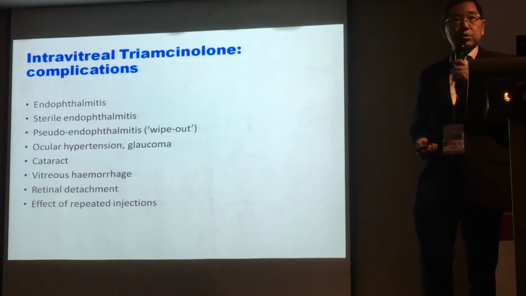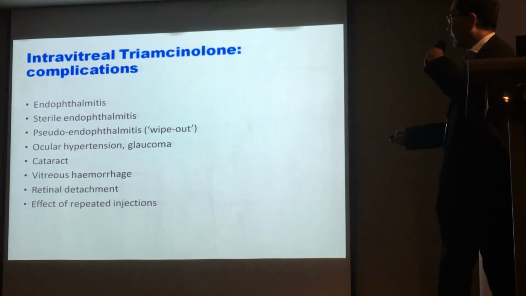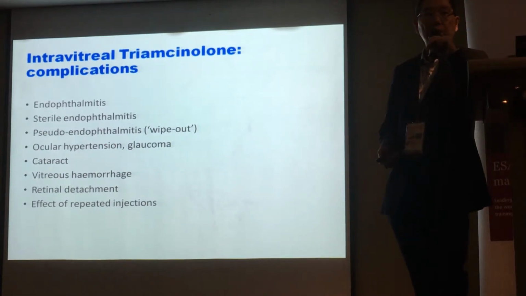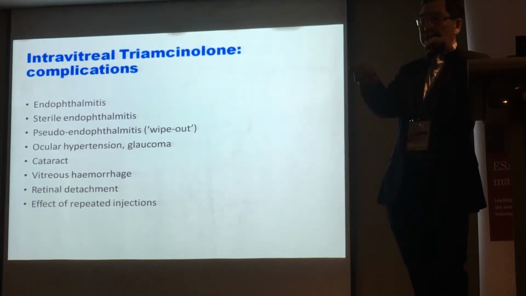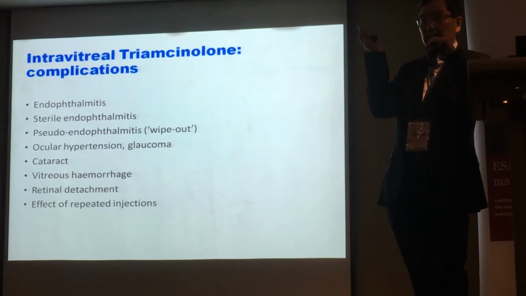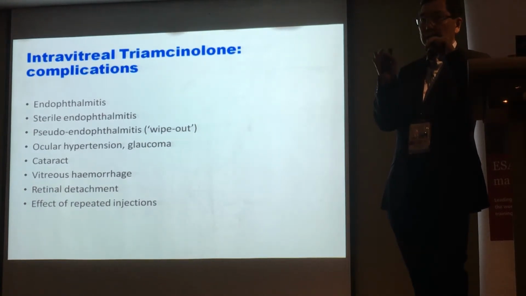intravitreal preparation. I mentioned endophthalmitis, sterile endophthalmitis. I just want to mention pseudo endophthalmitis. It's thought to be movement of these crystalline particles with the alcohol into the anterior segment. So it causes a wipeout. Corneal edema, severe inflammatory reaction in the anterior chamber, usually without a hypopyon. The visual acuity can drop to hand movements, perception of light, and yet the eye is not painful and not